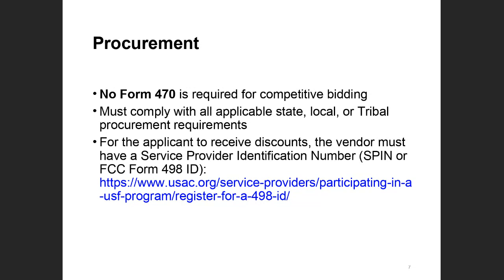Do keep in mind, though, that we have to make sure that service providers have a SPIN, a Service Provider Identification Number. That indicates that they're set up to participate in E-rate, the ECF, and other universal service programs governed by the FCC. And for cellular data providers like AT&T Mobility, Verizon, Bluegrass Cellular, all of those kinds of companies, they've got SPINs because they're already doing this for E-rate. It may be a little bit more of a challenge for a company that's going to sell you laptops because they may or may not be participating in E-rate Category 2.